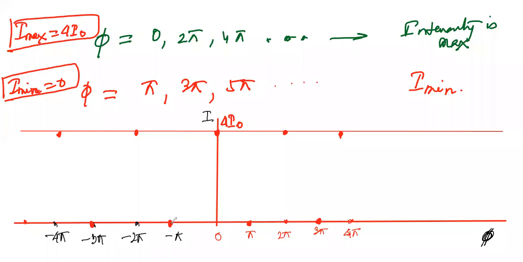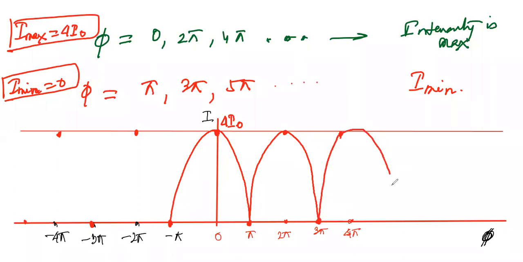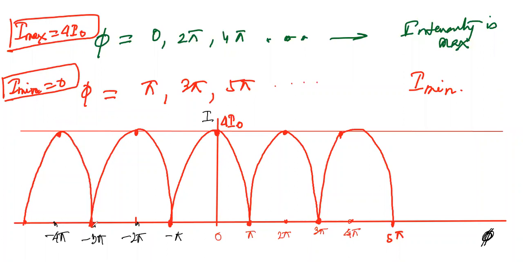So if I just try to draw it, it will be something like this. So just see. Over here, this is the pattern at pi. Then comes 2 pi, it is maximum. So here it is, 3 pi. At 4 pi, it will once again be maximum. At 5 pi, it will be minimum. So I have drawn it over here. So this is your interference pattern. And you can draw on the other side also. So how can you draw this? At minus 2 pi, it is maximum. Minus 3 pi, it is minimum. So again, coming to this, again, coming to this. So this is your interference pattern, and this is the variation of intensity.